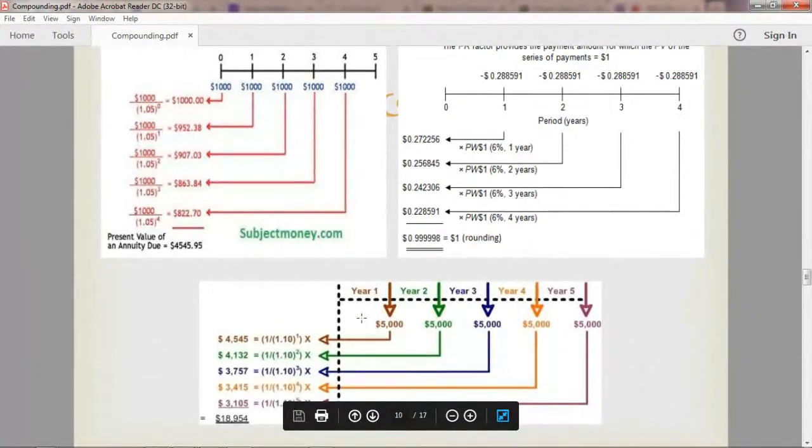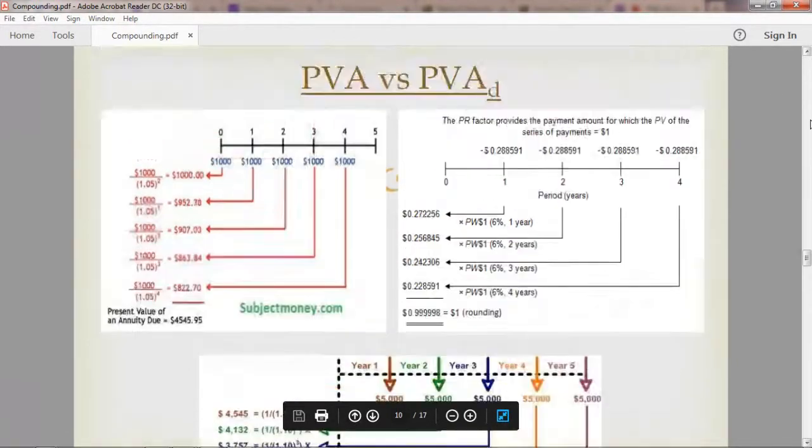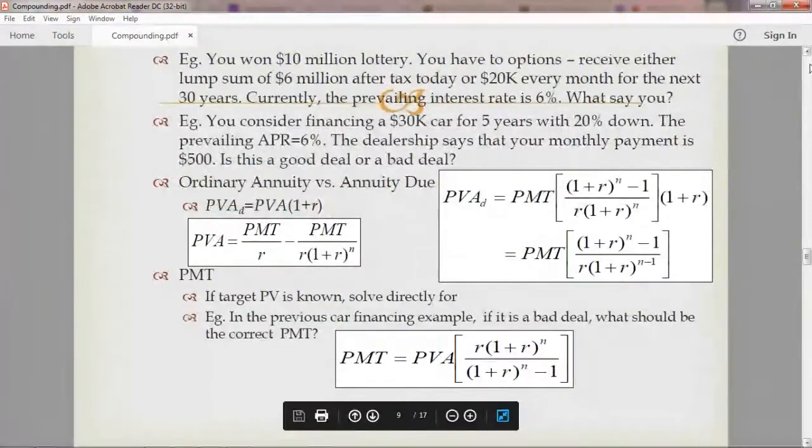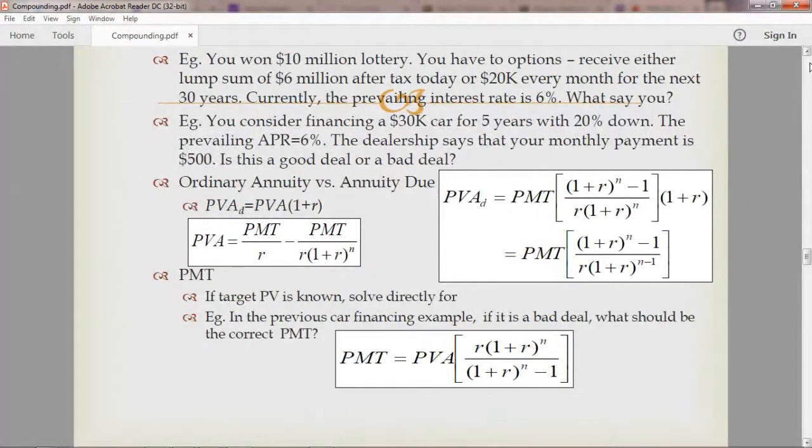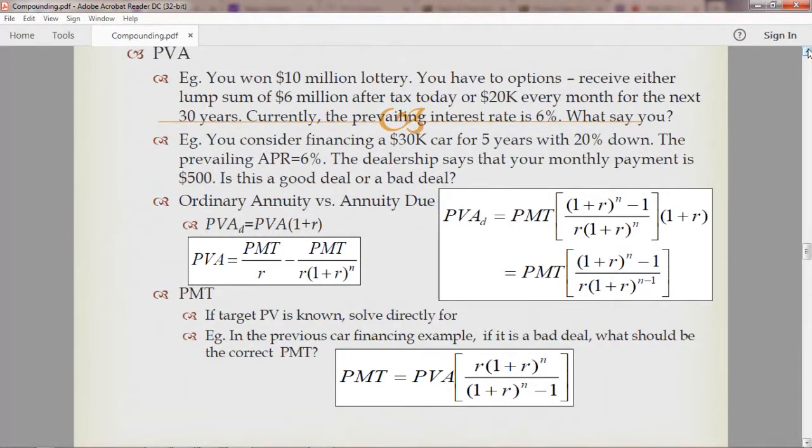And again, this is a simplified example, very simplified, because reality isn't like this. So what is the reality like? So let's take a look at the present value of annuities, which are very frequently used